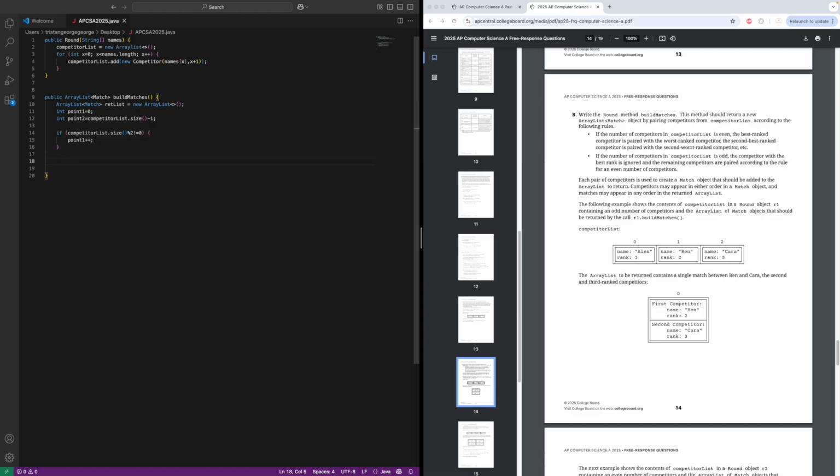Now, we're going to be doing a while loop, and I'm going to explain to you why I'm using 2 pointers in just a second. But let's write out what we're going to be doing. While p1 is less than p2,